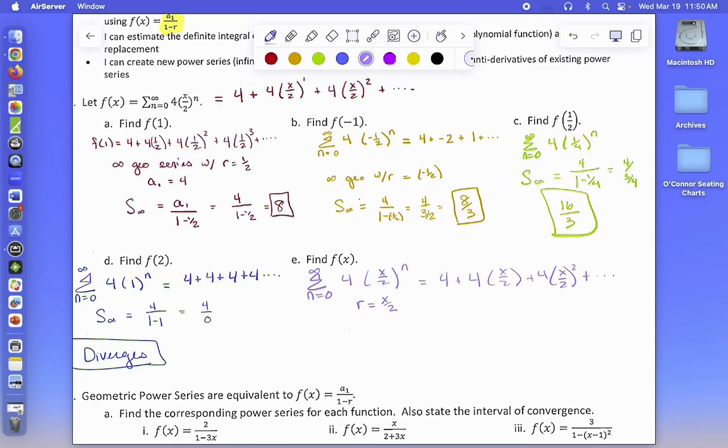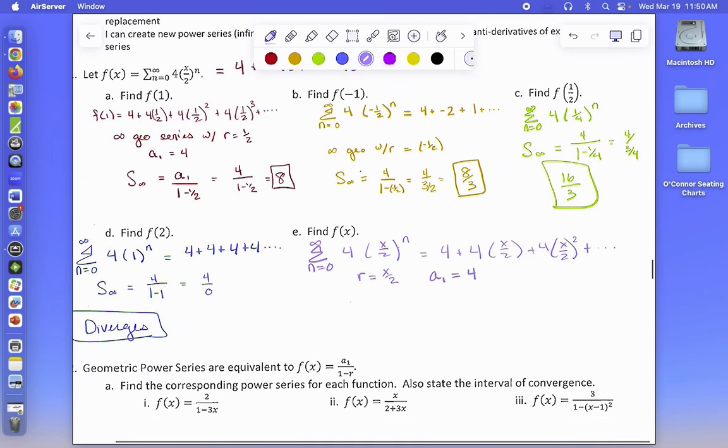Our initial term, it's still there, it's just behind the box. Our initial term, our a value, a sub 1, is 4. It's behind all the calculus books. Slide those out of your way. So we can use our formula